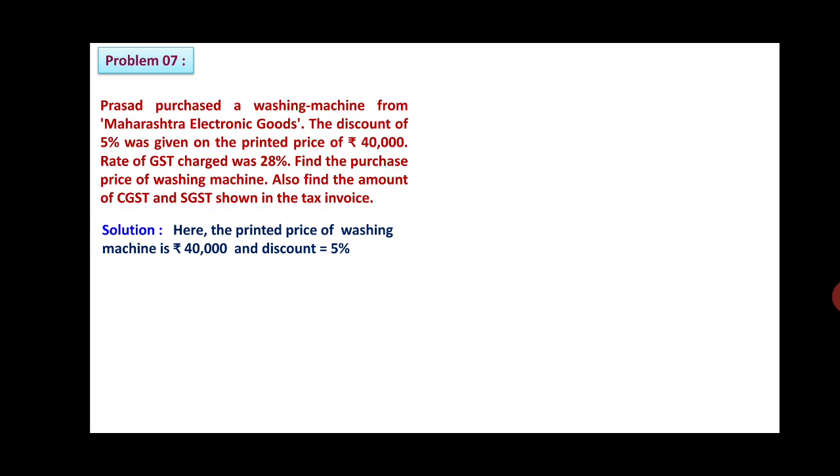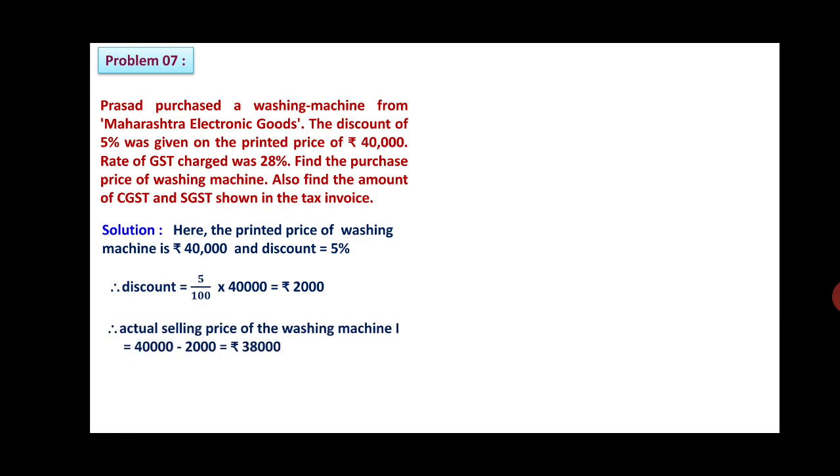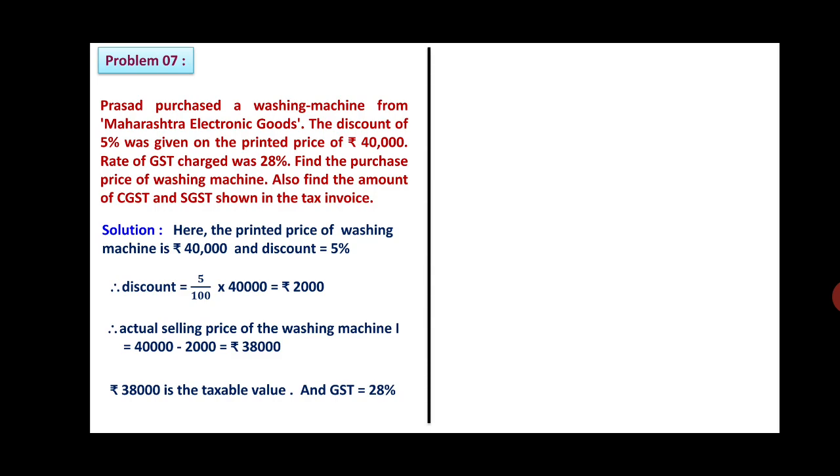Friends, here the printed price of the washing machine is rupees 40,000 and discount is 5%. So discount is 5 upon 100 into 40,000, that is rupees 2,000. Now the actual selling price of the washing machine will be 40,000 minus 2,000 discount, that is 38,000. Rupees 38,000 is the taxable value and GST is 28%. Therefore, GST is equal to 28 upon 100 into 38,000. That leads to 28 into 380. Therefore, GST is rupees